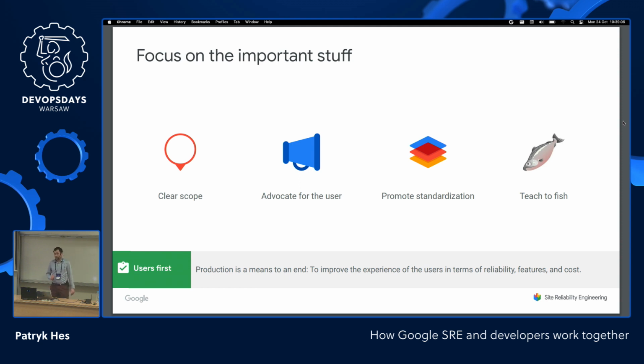One interesting thing that SREs do at Google, and I argue all kinds of DevOps teams should do this if they encounter such situations, is that the standardization of different solutions should be promoted. Let's imagine a situation that you're running 5 different services, each deployed completely differently on a different on-premise machine or on the cloud. Maybe there are different clouds involved,